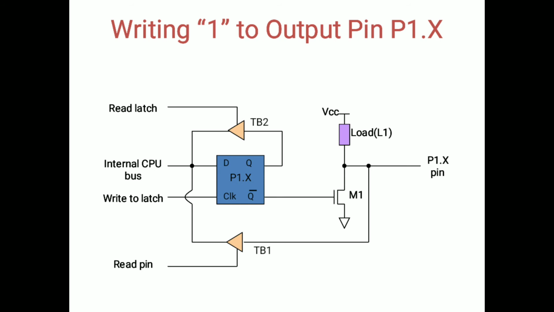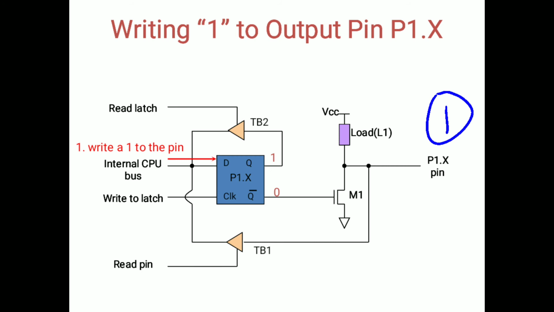Now let's see how to write 1 to an output pin of port 1. What will be the procedure? First, we give a high signal at the D flip-flop input. We know in a D flip-flop the output Q will be the same as the input, so Q will be 1, and if Q is 1, that means Q bar will be 0, and when this is 0,